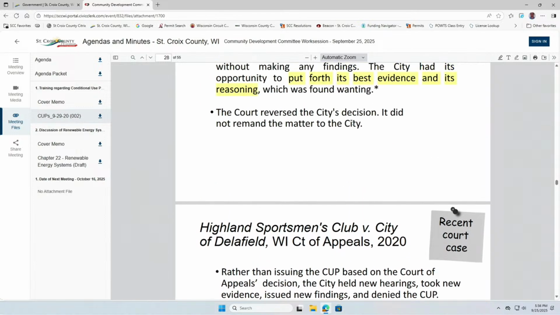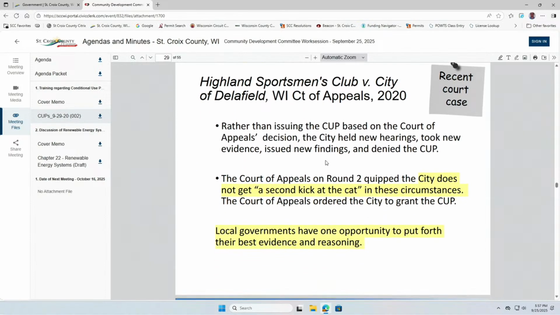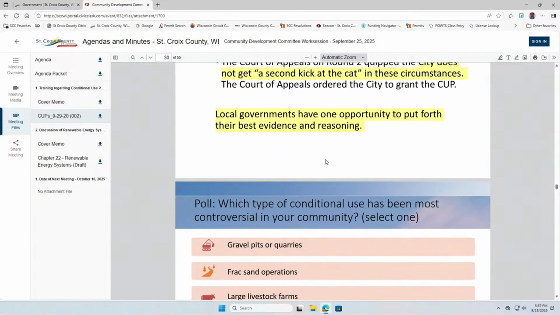And then sometimes, let's say you did make a choice on an application to deny, and it went to the courts. The court could also say that there was a flaw in your process, and that they want to do a de novo hearing. So they could remand it back to the committee to rehear it, reconsider it, and go forward. But they definitely don't have to do that, and that's not what happened here. So they only got one chance to put their best evidence forward for that application.